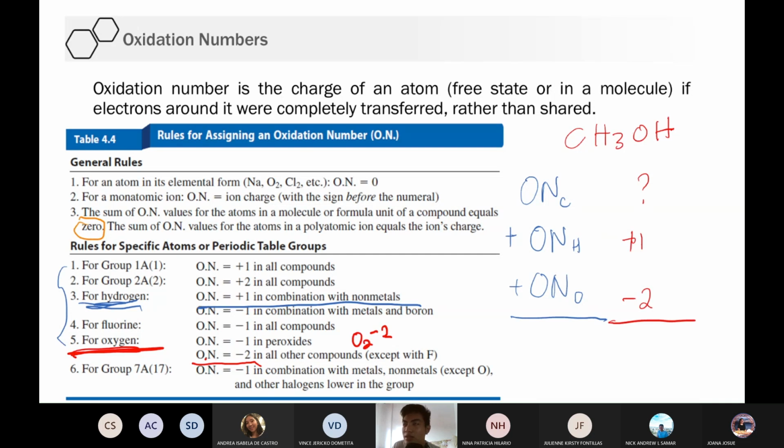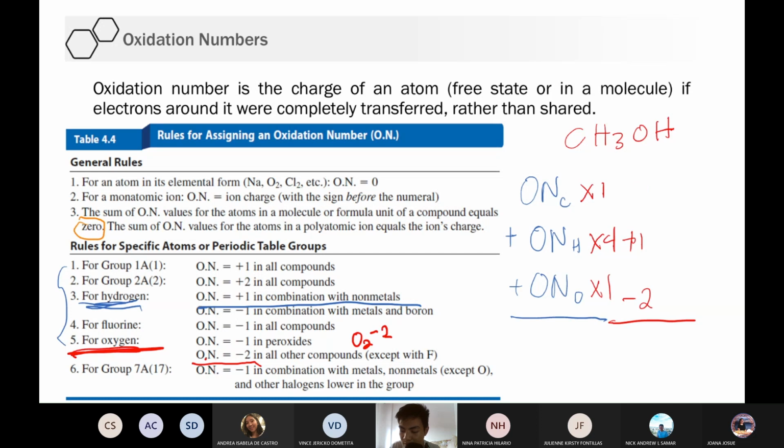By the way, when you add the oxidation numbers of the atoms, make sure that you multiply the number of atoms in a molecule. Okay? For example, how about carbon? Isa lang siya, di ba? So, ibig sabihin, oxidation number of carbon times 1. Okay? About hydrogen, apat yan. We have 3 and 1, so 4. So, that means you have to multiply the oxidation number by 4. Okay? Kung ilan yung atoms, ganun karami yung imumultiply mo sa oxidation numbers. Okay? How about oxygen? Isa lang yan. So, ibig sabihin times 1 yan.